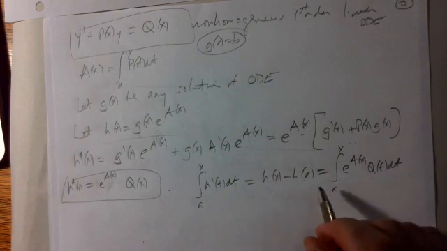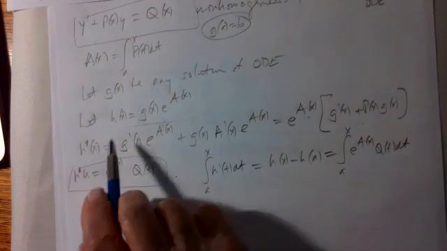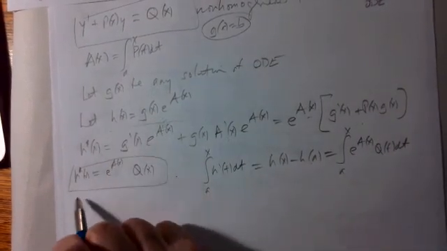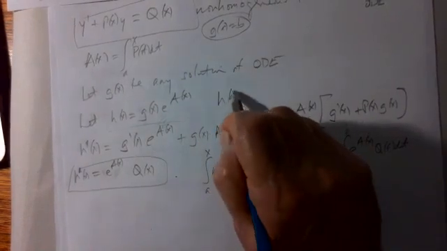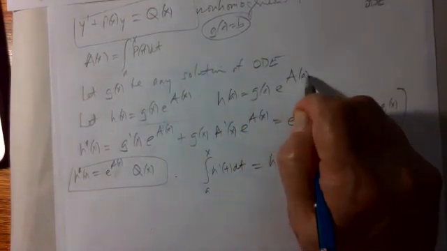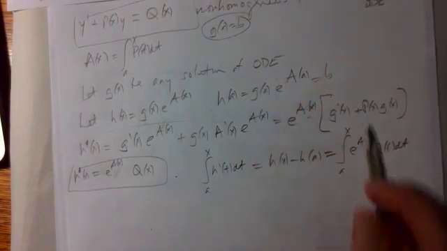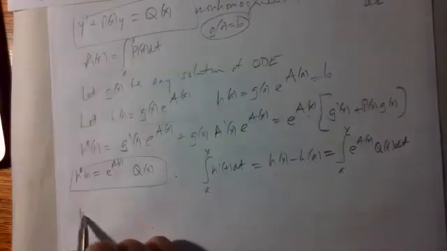And h of a, what is h of a? H of a is g of a, e to the capital A of a. This is e to the 0, which is 1. G of a is equal to b. So what we get is that h of x